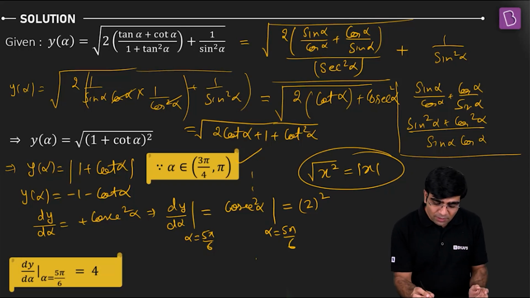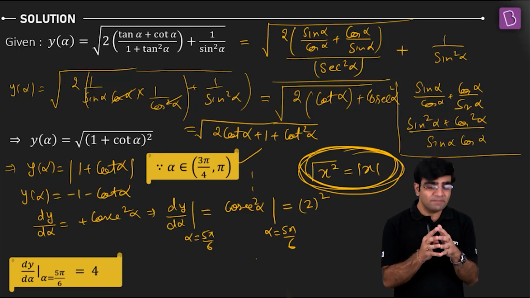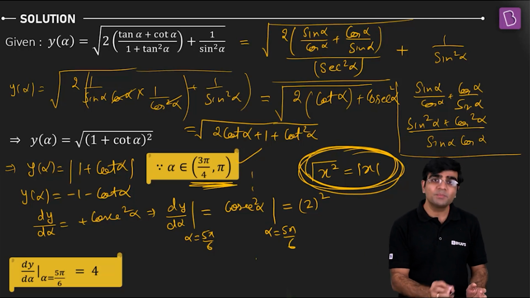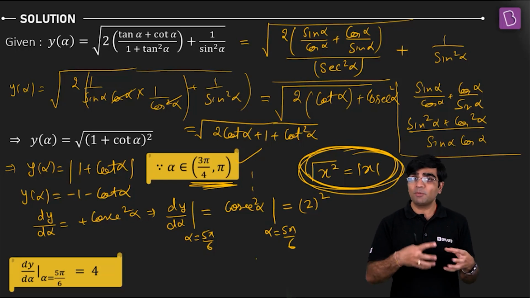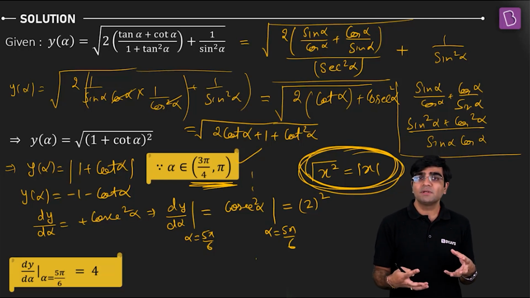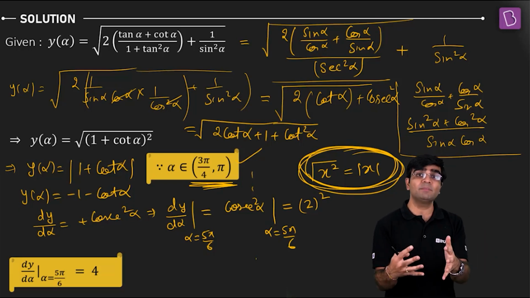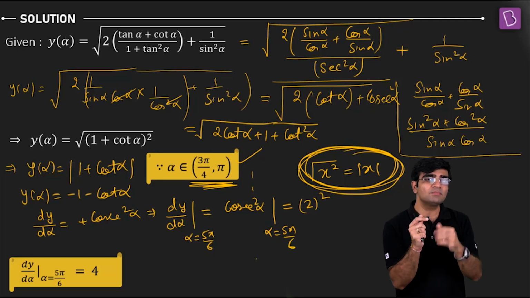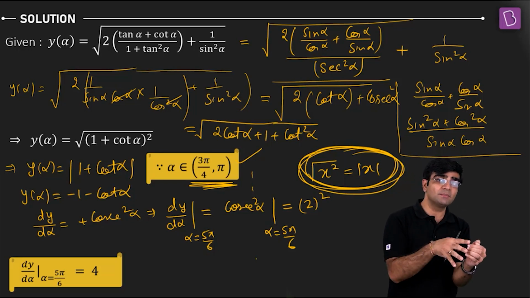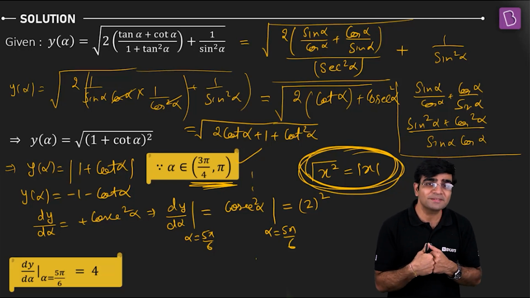First of all, under root of a square is always the modulus of that number. Second thing, when you open up the mod, be very careful about the interval given to you. So in this interval, this quantity inside the modulus becomes negative, and the job of modulus is to make the number ultimately positive. So if a number is negative, modulus places a negative sign before that, so that negative of negative will eventually become positive. That's what the job of modulus is, right?